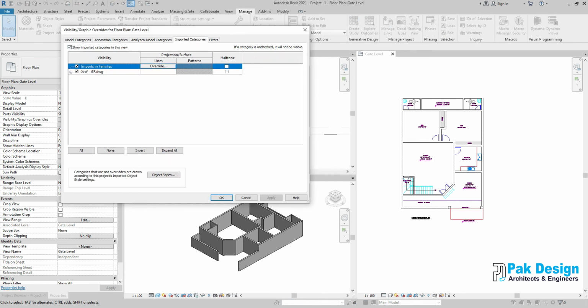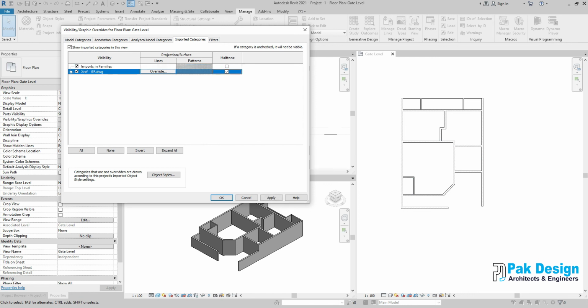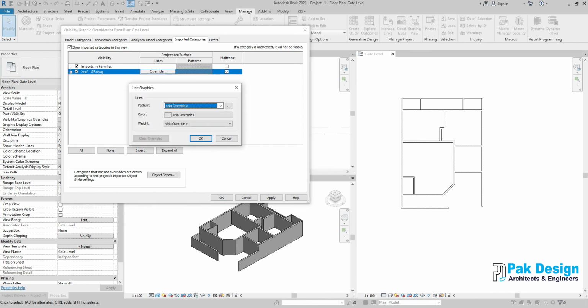There will be your links, maybe a few of your CAD XREF, like ground floor, first floor, or roof floor, whatever you don't want to see anymore, so you can switch off from here. So I will switch off, there is no more. I will switch on, or I can keep it half tone, or from pattern I can change the color. From here you can change the lines.